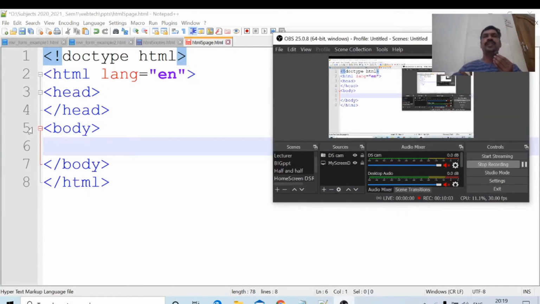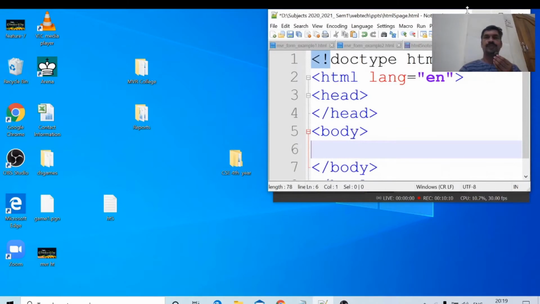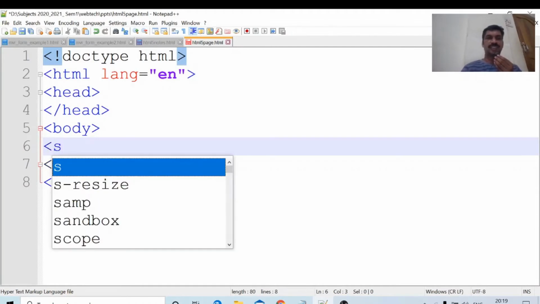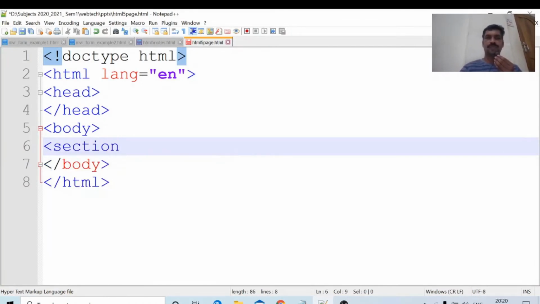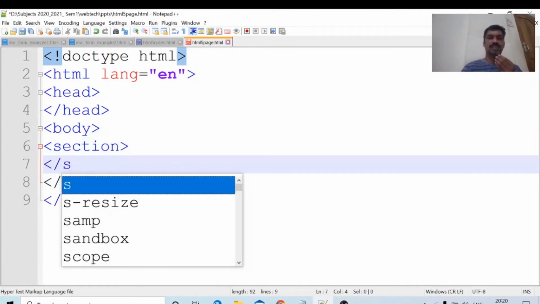In this body, I will write section. Body contains sections. Section, slash section.